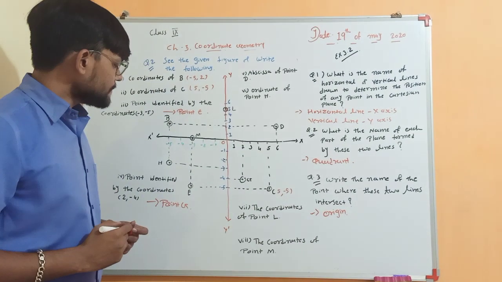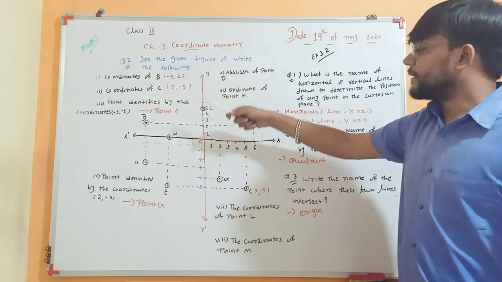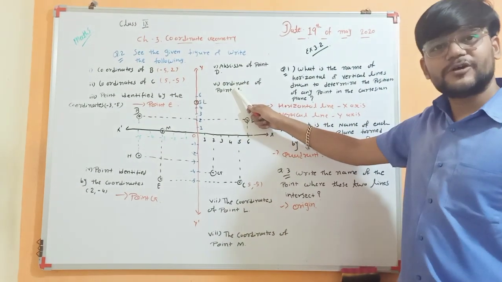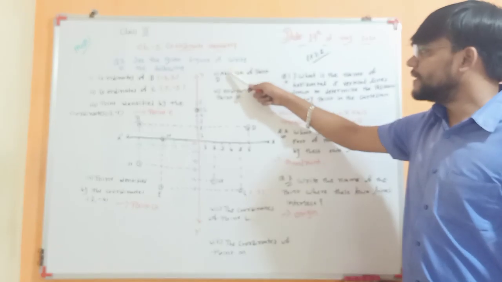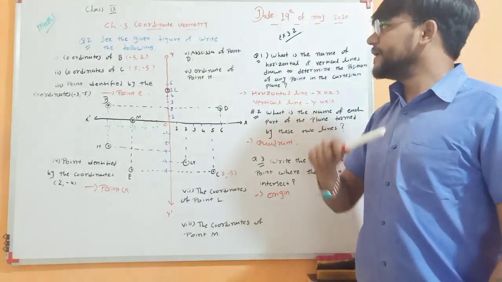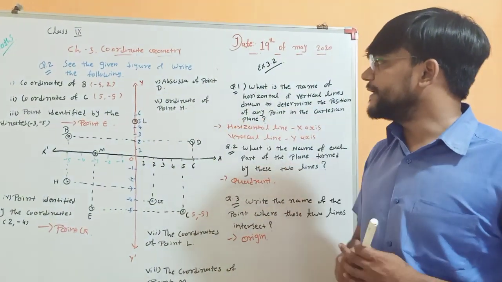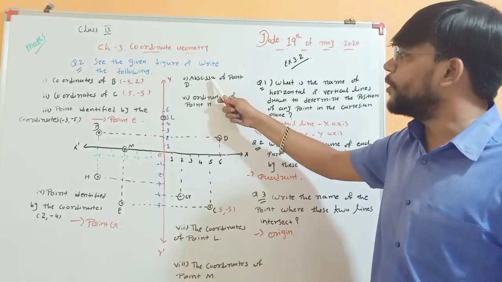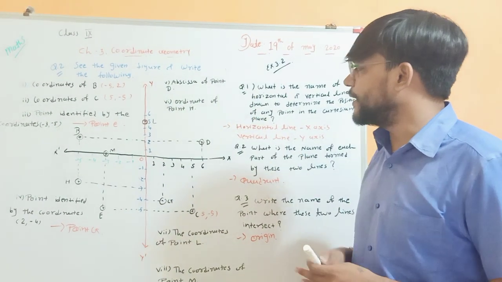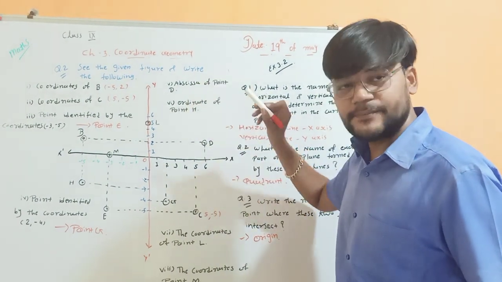Okay. Now as I told you, x coordinate is also called abscissa and ordinate means your y coordinate, right? These are the other two names for the x coordinate and y coordinate. Okay, x coordinate is also called abscissa and y coordinate is also known as ordinate. So here we have to find the abscissa of point D. Abscissa means x coordinate of point D. So this is your point D, and abscissa means x coordinate.